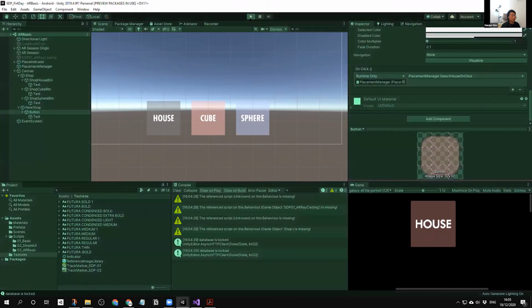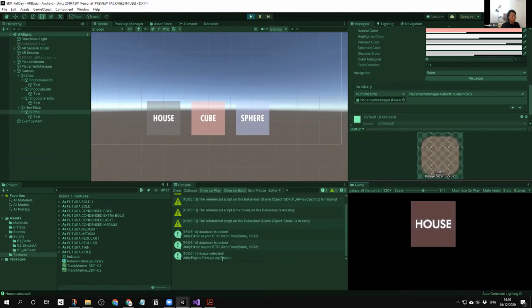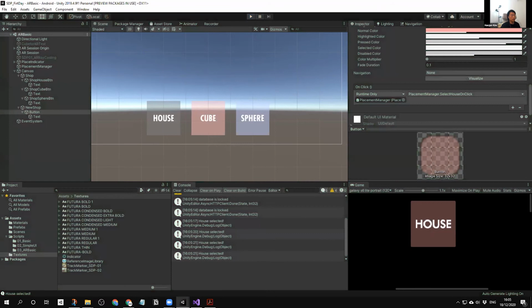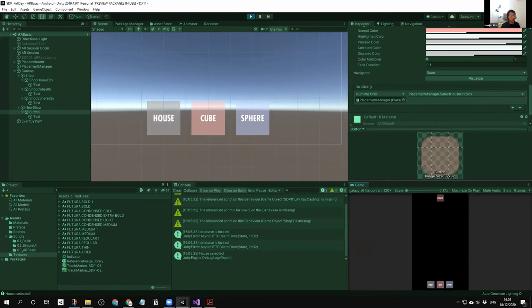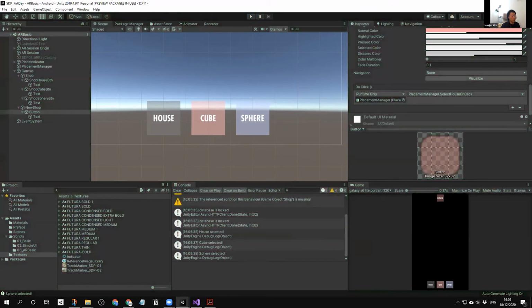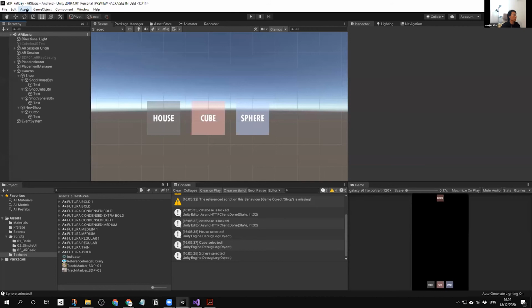If I play this one, then when I click house, it says house selected every time I click it. And also when I click these three, I already attached each function to each button. So house selected, cube selected, and sphere selected. So what we need to do is, every time you select the buttons, make them generate something. So let's move on to the